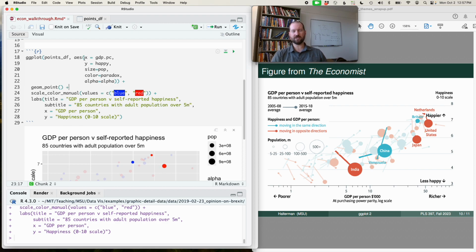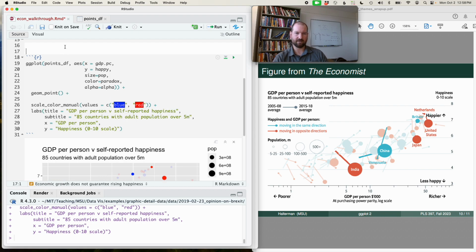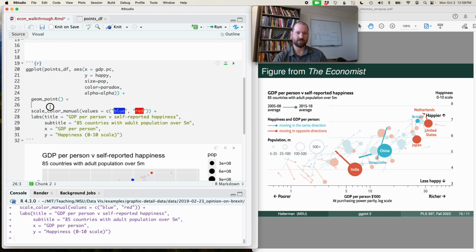To do this, we can use something like geom_text or geom_label, and that will put the label exactly where the point is. But usually we don't want that because it gets cluttered and we end up overwriting our points. Our label ends up covering the point that we're interested in. So the way that I usually do it is to use the